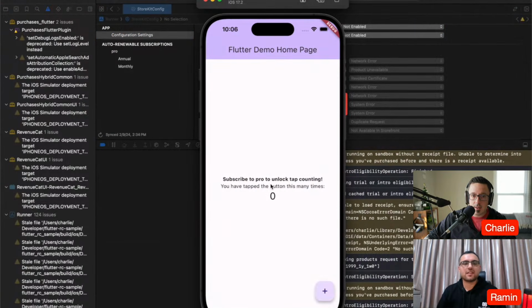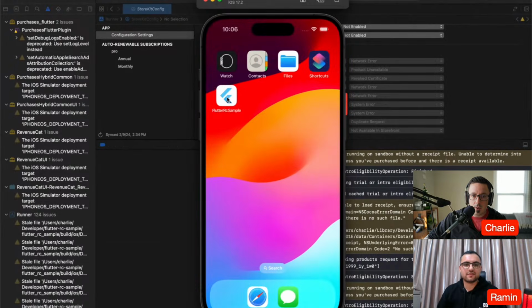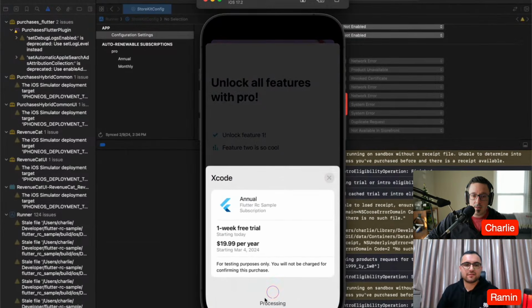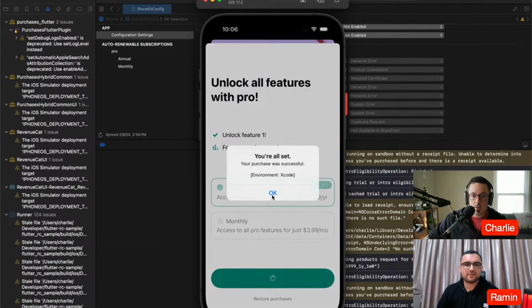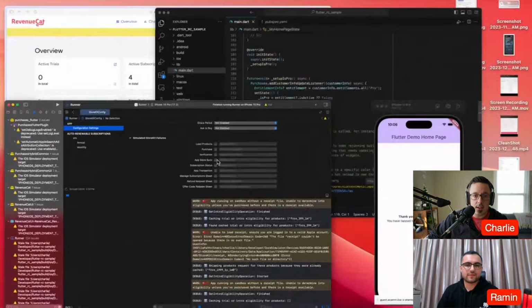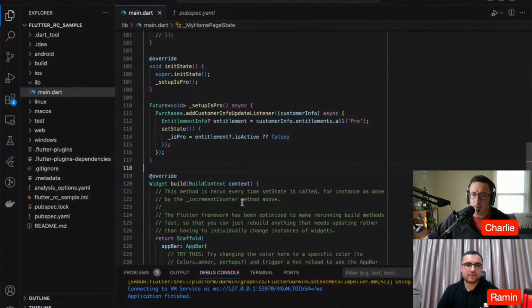If I dismiss it, it says I need to subscribe. And then if I rerun it and then I make a purchase, it should automatically update. Now it says thank you for subscribing. So now we have that logic to change what our UI looks like based on whether or not the user is subscribed. And then the last thing,